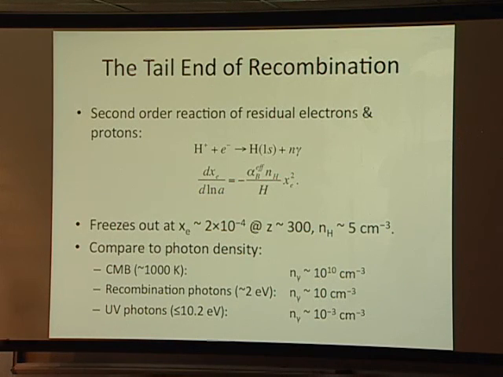And these reactions, if you think back to your introductory chemistry class and what second-order reactions do, the abundance of the reactants actually goes down as a power law instead of an exponential. It goes as 1 over t. Here, the rate is varying with time, so it's a little bit different. But the end result is that you get a freeze-out at a non-trivial electron fraction of order 10^-4. And that's a very small density compared to the density of photons or even the density of baryons. But it's enough to play a key role in the formation of H2.